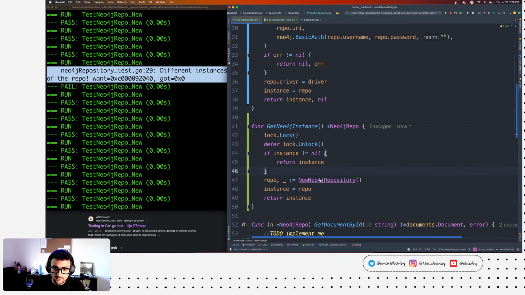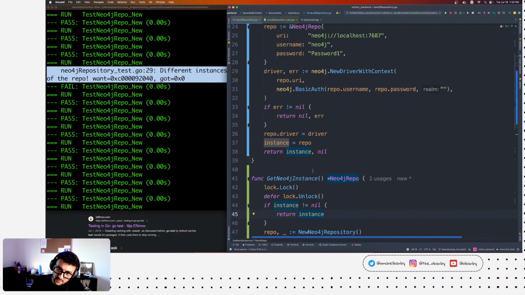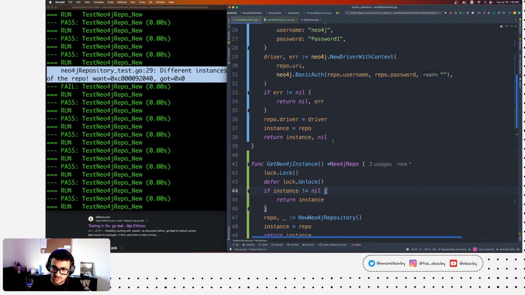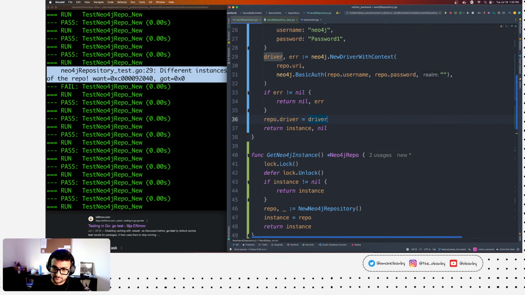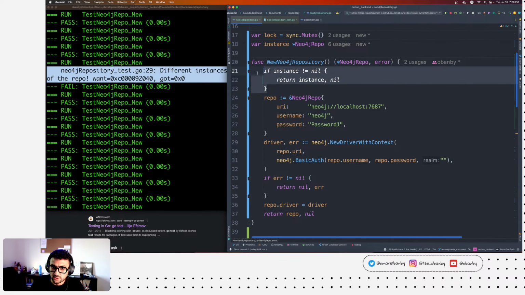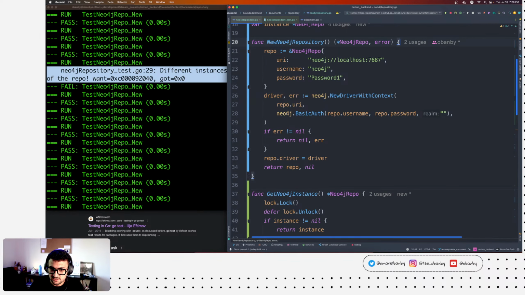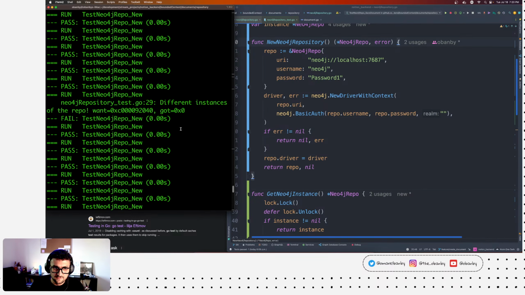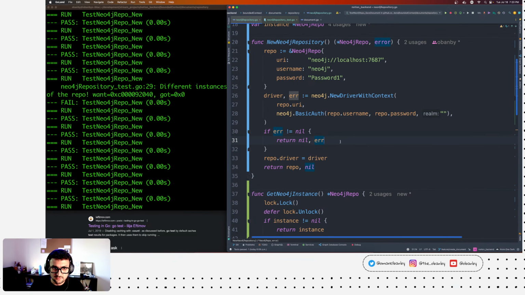And the problem here as well is that we're trying to write to the instance variable from multiple places. That's a no-go, right? So here you actually return the repo. That's what the new is for. It shouldn't care about the instance. Now, okay, we're still failing. We'll get to the bottom of it.